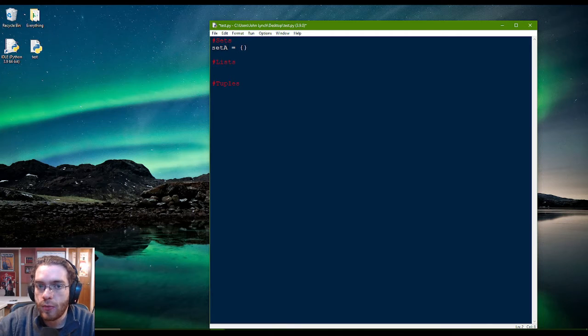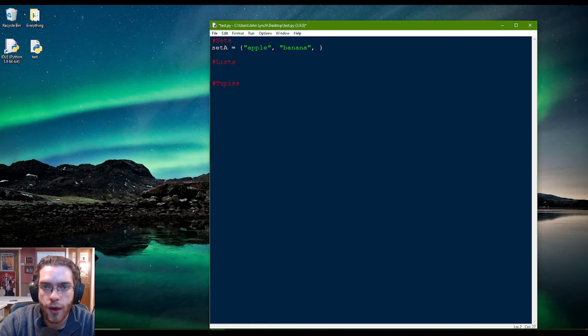Now, this is a bit similar to what you might consider as dictionaries inside of Python, but the issue is that whenever we're making a dictionary, we create a key, and we place a colon between them, and then we have a value associated with that key. So right now in my set A, this is actually technically a dictionary with a key of apple and a value of 5. To create a set though, what we're going to do is just create